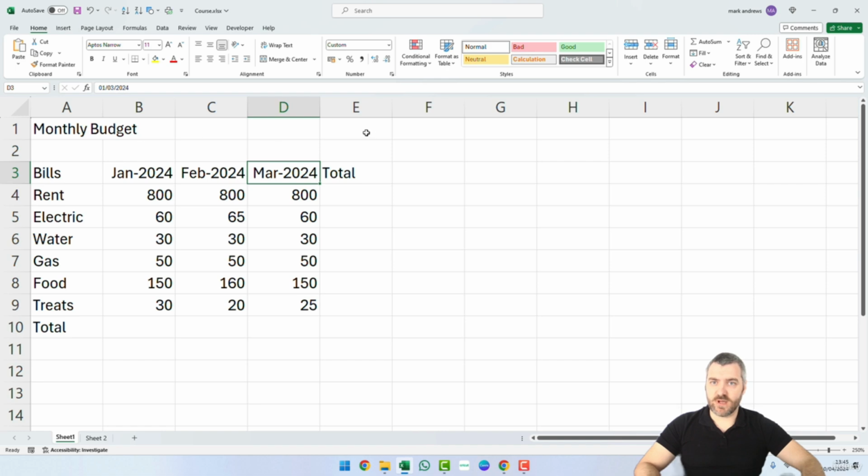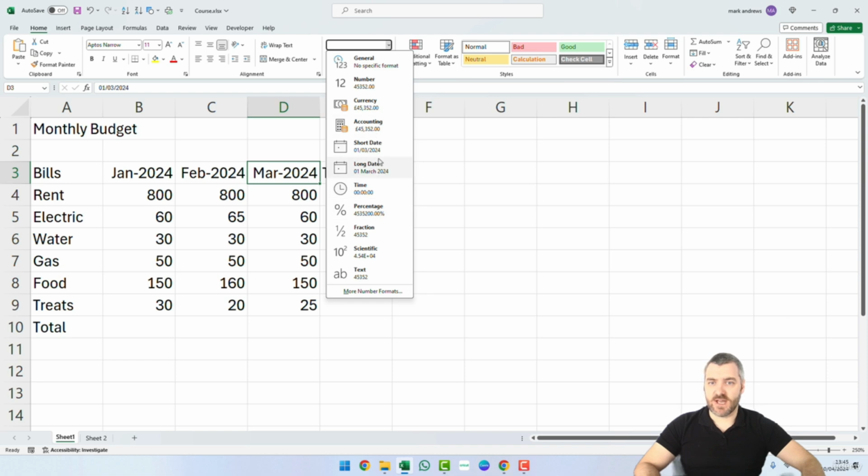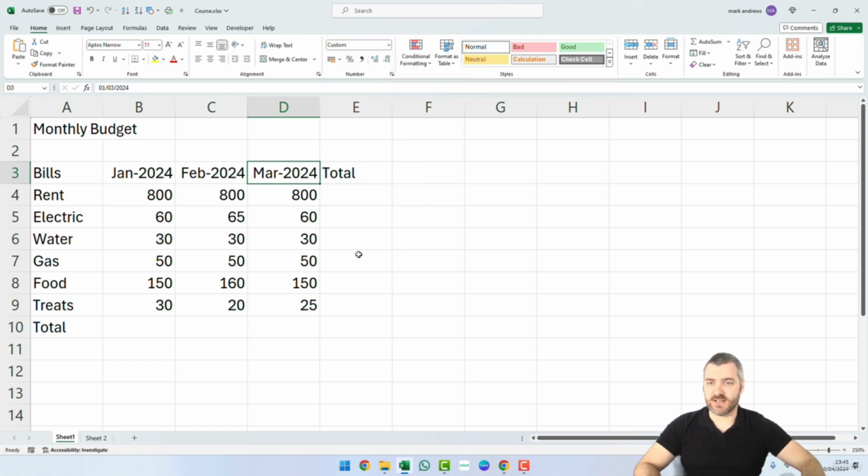So that's just one way that we can look and format in dates. But like I say, for a lot of the dates and things, you might be able to just amend it and have it as a short date or a long date, depending on what it is you're particularly looking for. So just before we start to work into formulas, we're just going to have another look at